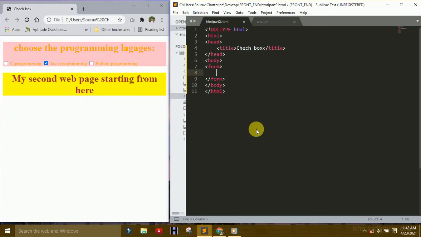Already I told what is username, or first name, placeholder.